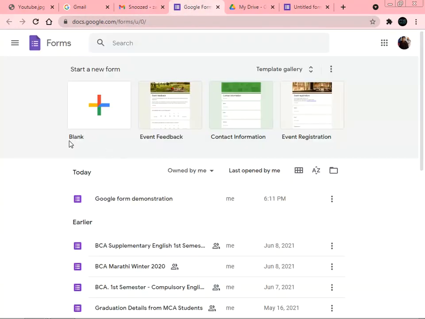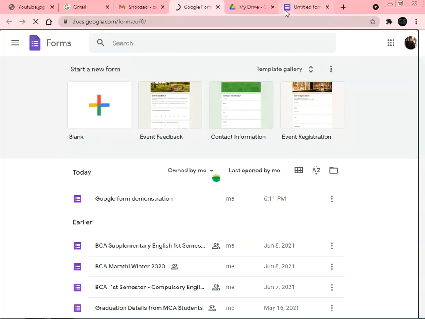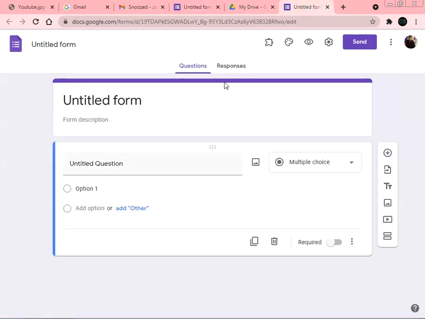Here we can initially start with the blank, or we can use the different templates which are already provided by Google itself. So we can take the help of these different templates, depending upon our choice, or we can click on this blank option. So the second blank form is created from this drive option.